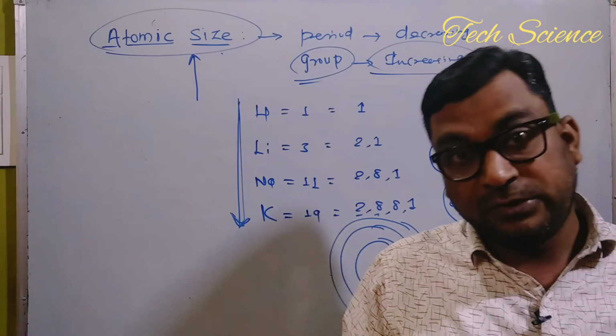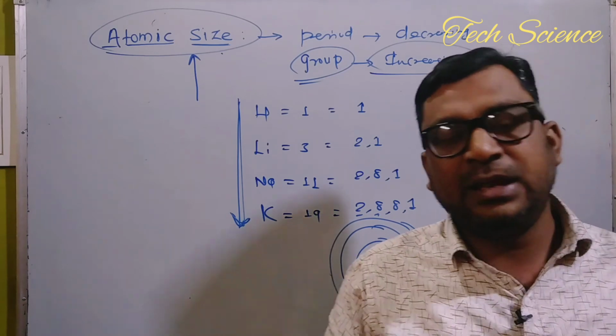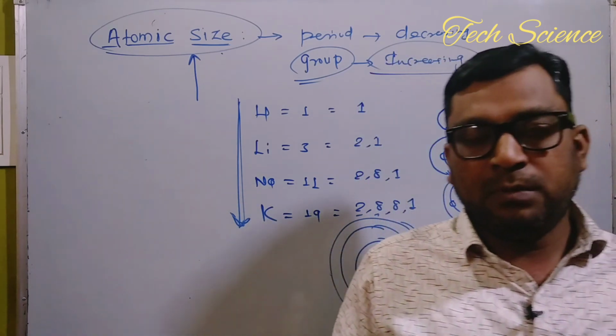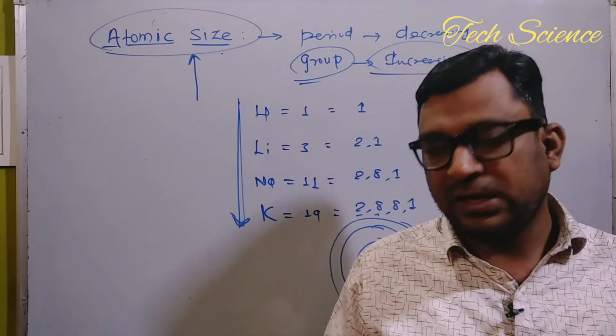So I think you understood the video regarding period as well as groups, with respect to the example of the third period and the example of the first group. You can take any example, but it is very easy as we remember all these examples from the 9th standard. Because of that, I took these examples.